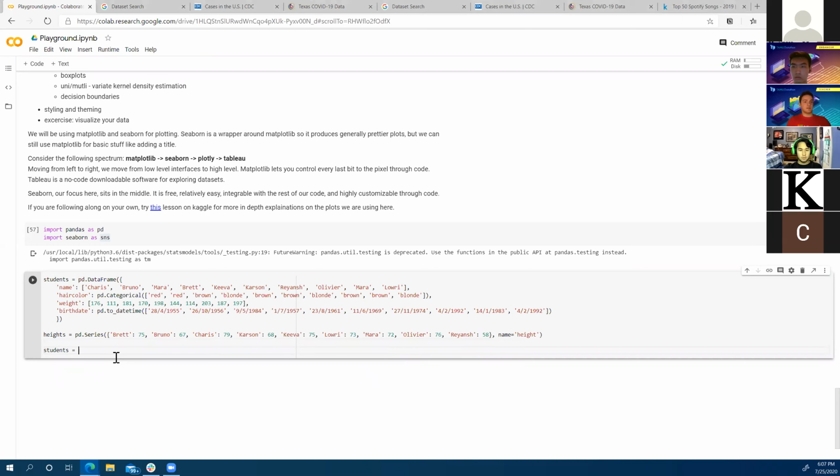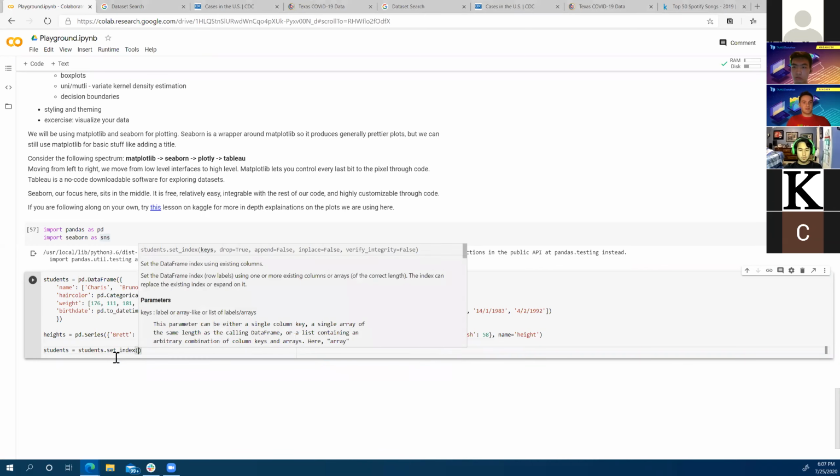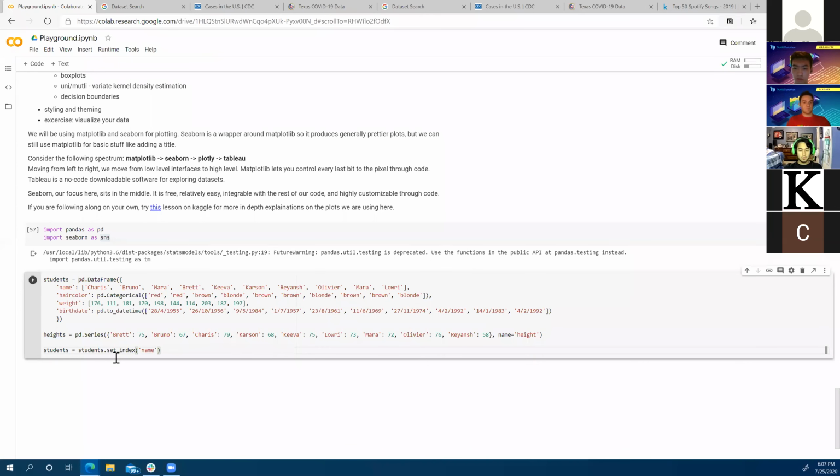Students is equal to students dot set index, join.